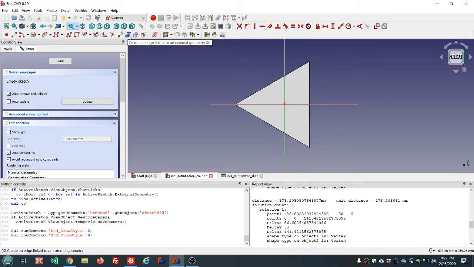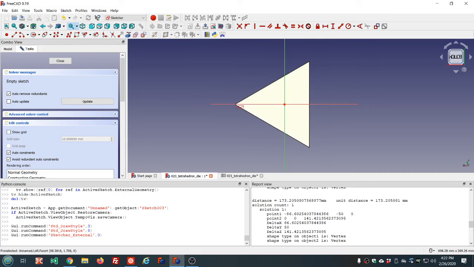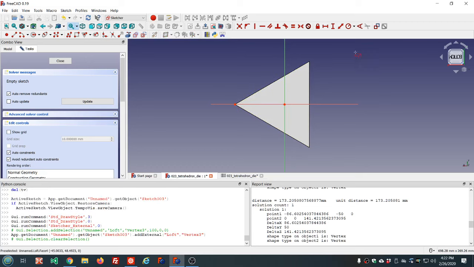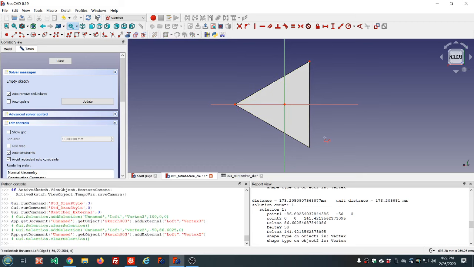So let's add our links to external geometry. And we could add an edge here instead of creating one construction mode, but because the loft tool was used to create this object, on some of the edges this would actually end up being a B-spline. I don't think on this one, because I think this is actually the edge where the polygon is located, but